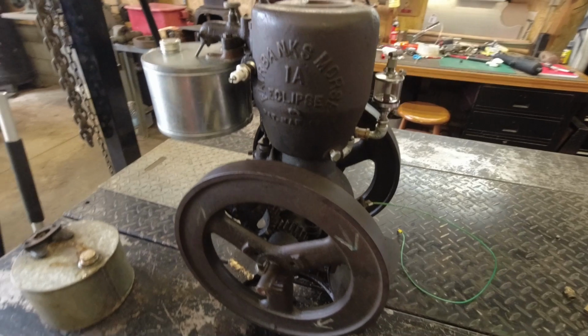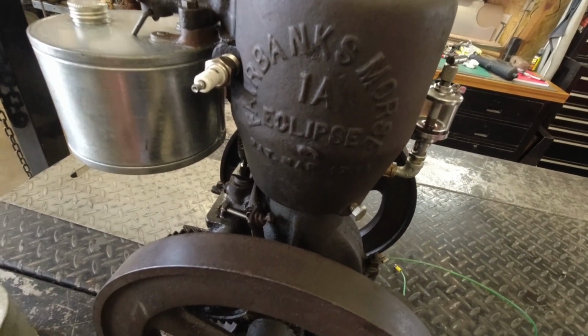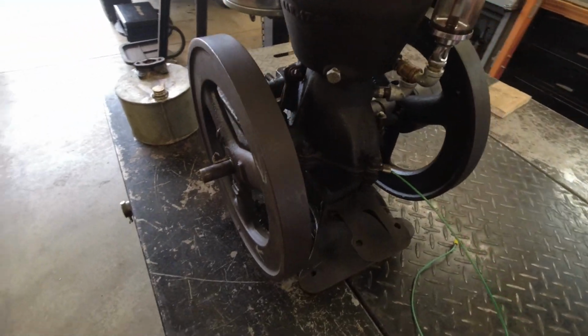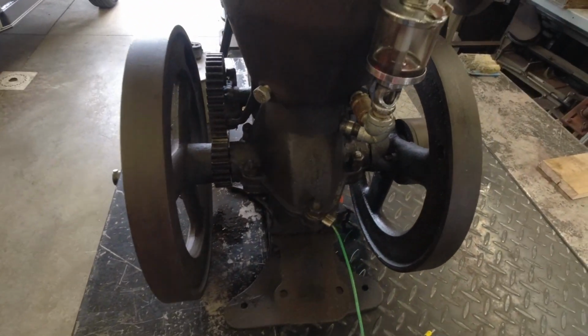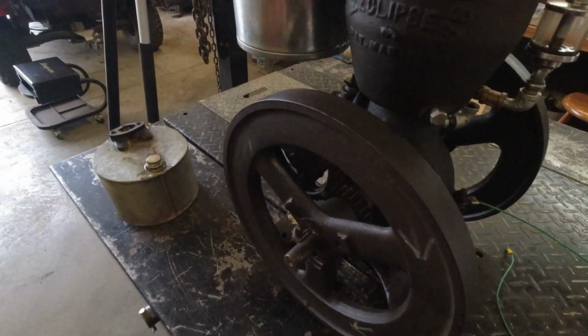Got another engine to look at. Got a little Fairbanks Morse Eclipse 1A. This is the little one. 1 horsepower. The 2 flywheel version. If you guys do a little research on these,